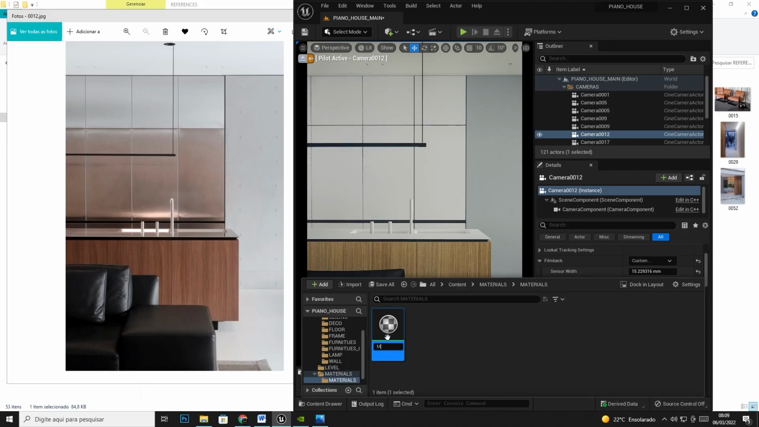Let's call then M underline metal simple. Okay, this is a simple metal and we're gonna make a sophisticated metal. So let's get started with this simple metal. Metal underline simple. Yeah. Let's get started with this material. Look at this. You saw that I put the